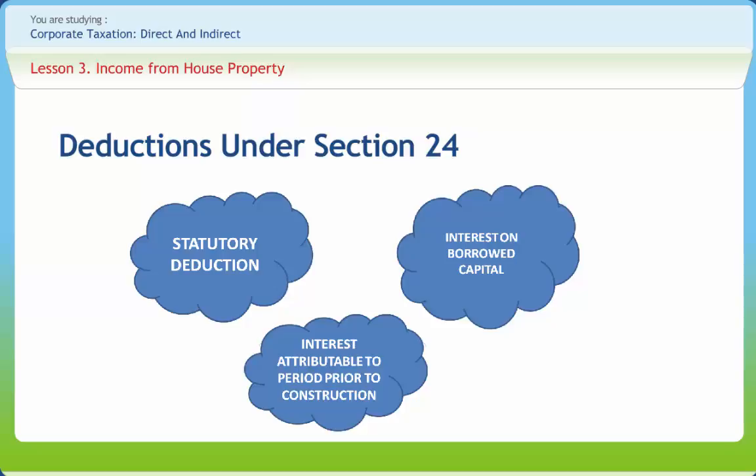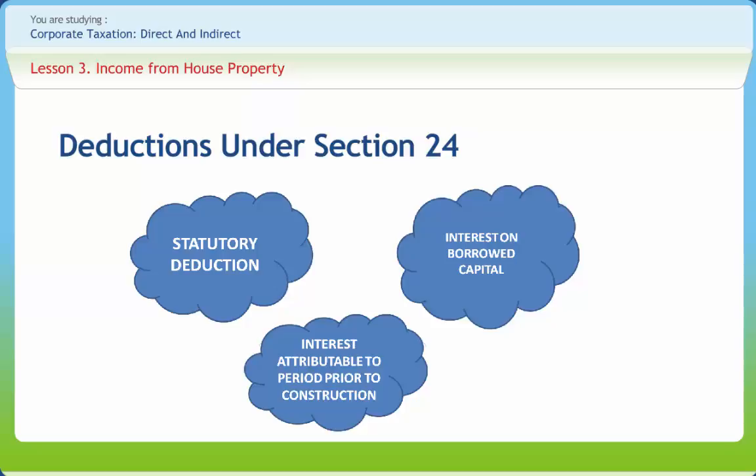Special notes relating to interest: in case the property is let out, the entire amount of interest accrued during the year is deductible. A fresh loan may be raised exclusively to repay the original loan taken for purchase or construction, etc. of the property. In such a case also, the interest on the fresh loan will be allowable. Interest payable on interest will not be allowed. Brokerage or commission paid to arrange a loan for house construction will not be allowed.